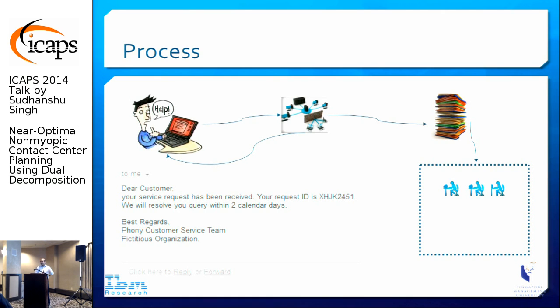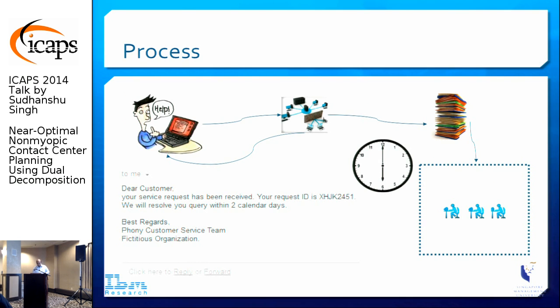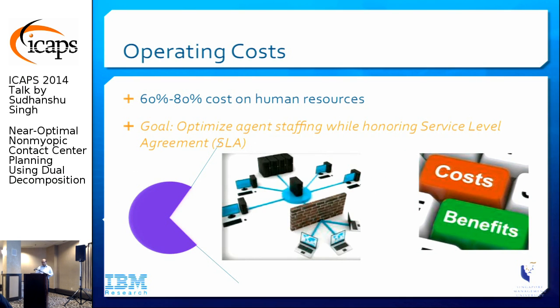and then they basically try to resolve your queries within that 2 days time frame. And a lot of times these are 24/7 operations. So maybe at 10 p.m. in the night, an agent comes into the system and starts working. Then maybe at 12, somebody goes away. Then maybe at 2, 2 more guys come in. And then at 6 in the morning, 2 more guys go away. So it just keeps going on and on like this. So in these kind of businesses, 60 to 80% of the cost is basically on agents. So these guys really want to optimize their headcount.